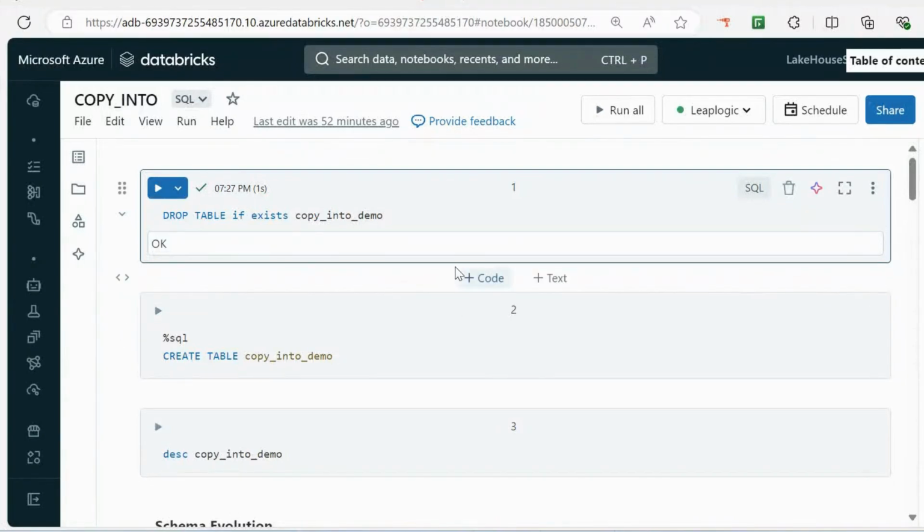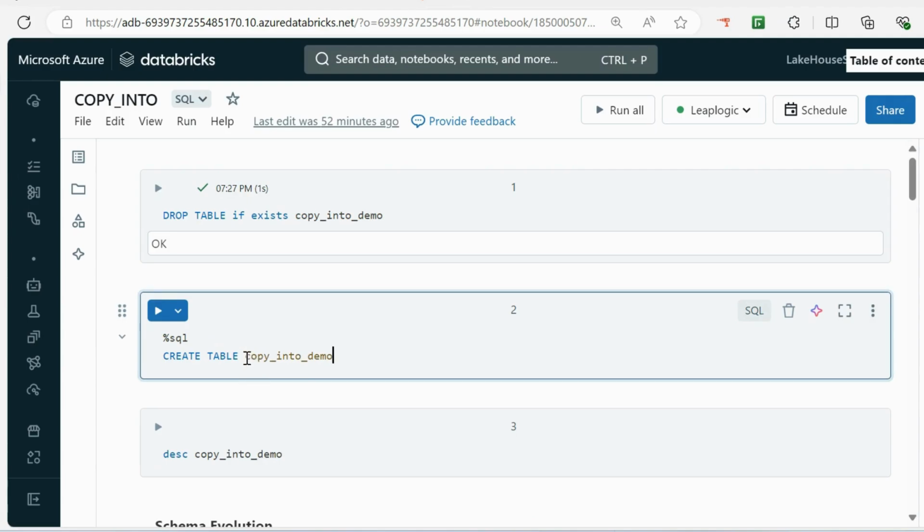So let's start with the practicals for this. I will first create a table called copy into demo. If you have seen here, I'm not mentioning any column name and data type. Using the COPY INTO method, even if you don't have the data type and your column name, when you are actually copying the file into your Delta table, it's going to recognize that.